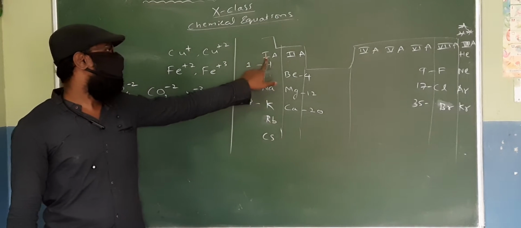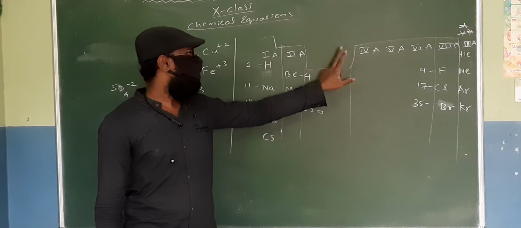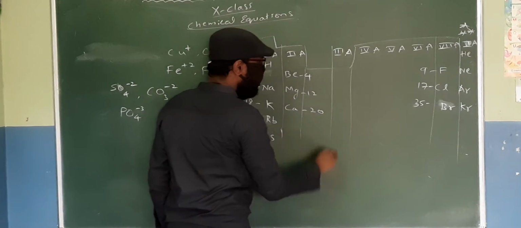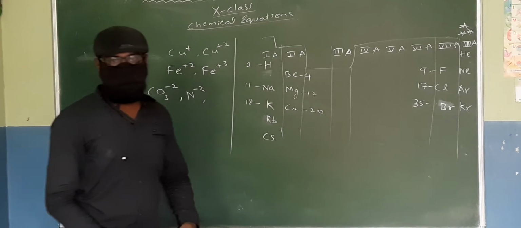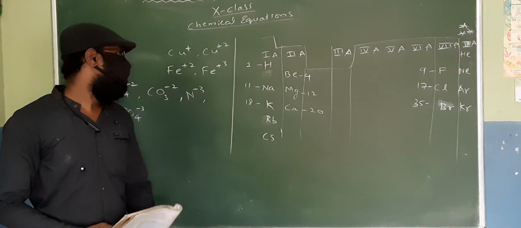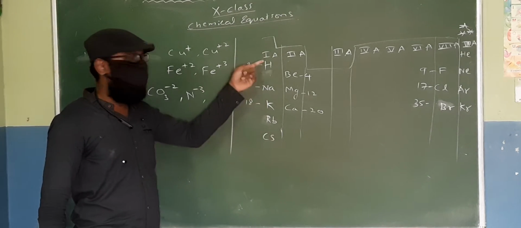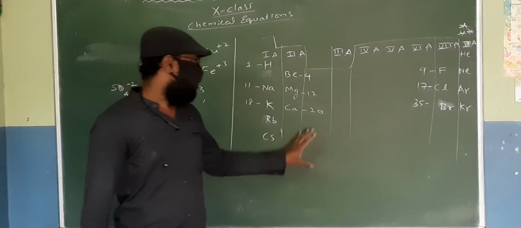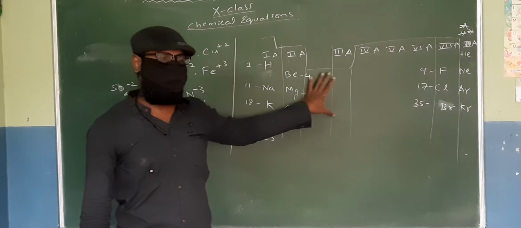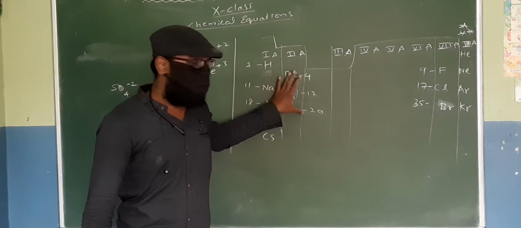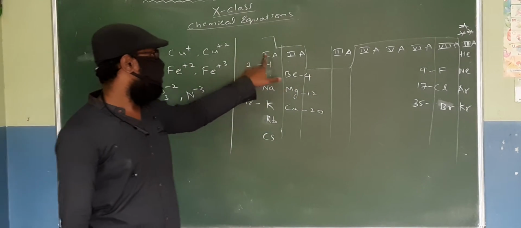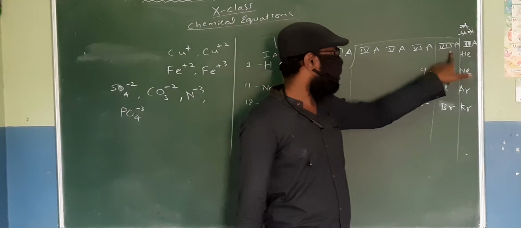And here we have 1A, 2A, and then from here you will have 3A, 4A. These are just the divisions of elements. Now in the periodic table all the elements are kept in a certain column depending on the type. That means all elements of one column will have similar properties. We are talking about set A only. In the diagram in the textbook, you can see that in the middle there are other, smaller columns that we call set B. We are talking only about set A now: 1A, 2A, 3A, 4A, 5A, 6A, 7A, 8A.